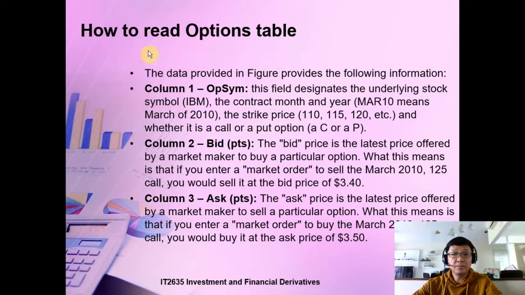So how to read the option tables? Here is a glimpse again of the various symbols. The option symbol basically gives the stock option symbol name. Bidding price is where the buying price is, and it's also your selling price. The ask price is the market's selling price, and it is where you enter your buying price also. So this is where you enter the market order to buy, on March